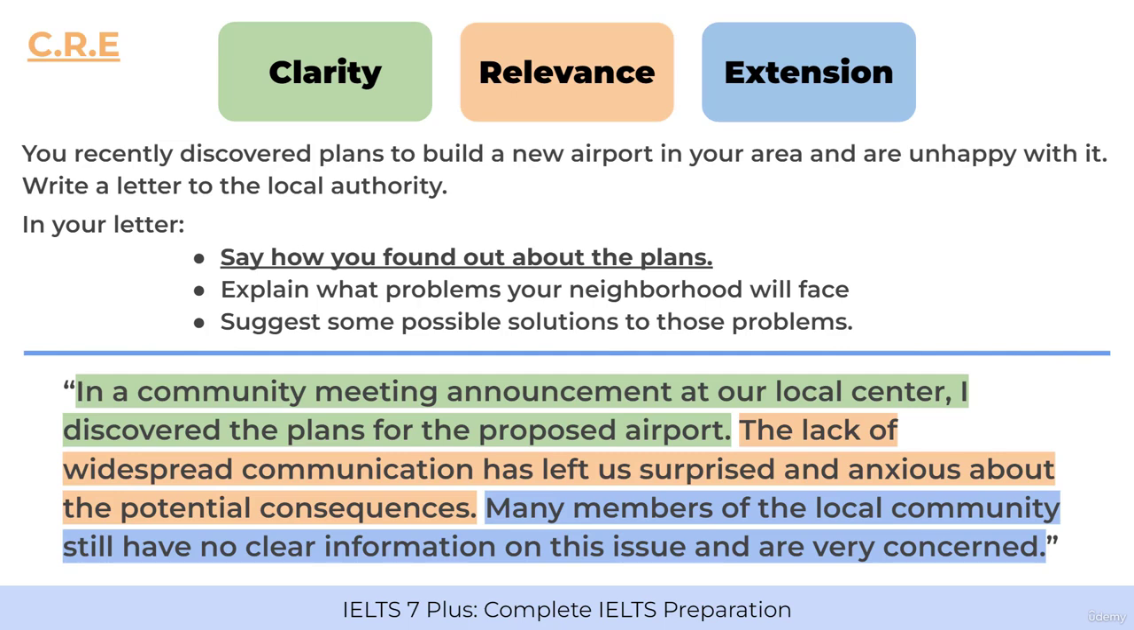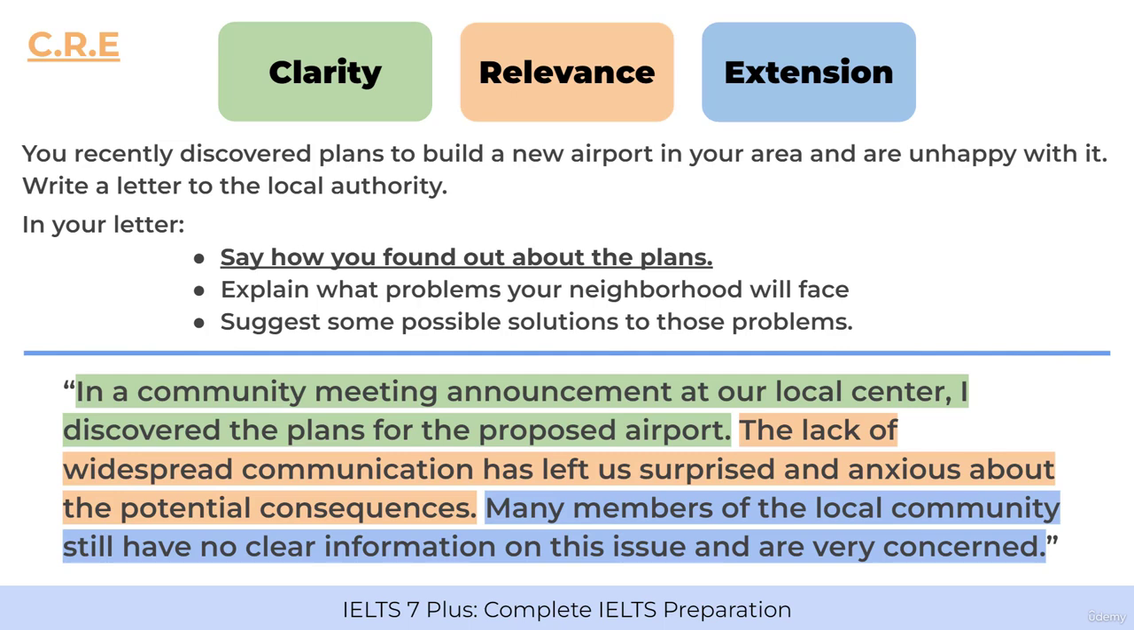Let's look at the next sentence for relevance. The lack of widespread communication has left us surprised and anxious about the potential consequences. So now I'm kind of going into a bit more of a creative part of writing. In the question, it says, I am unhappy about it. And actually, I'm saying that we were surprised and anxious. That's still very relevant to the question and the bullet point. And it's great to add a little bit of extra detail. You don't need to create a complete story, but make sure your ideas are relevant to the question and the